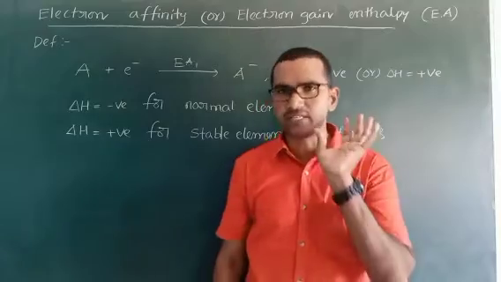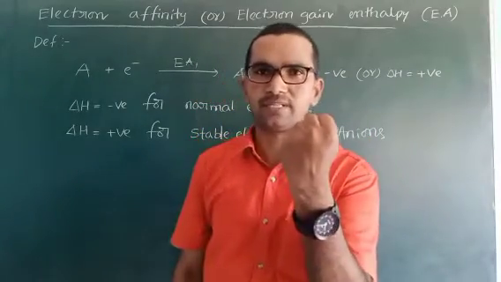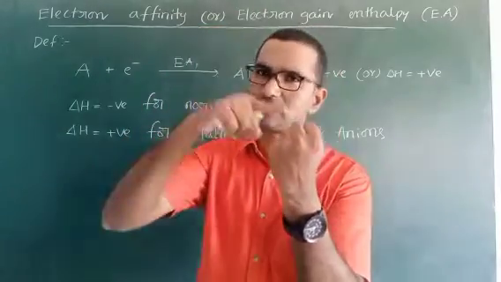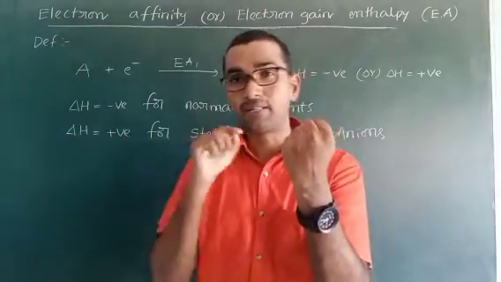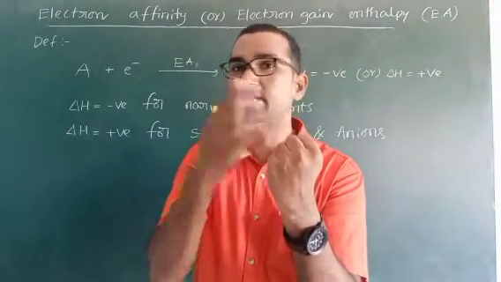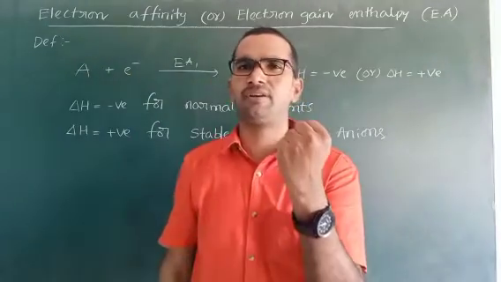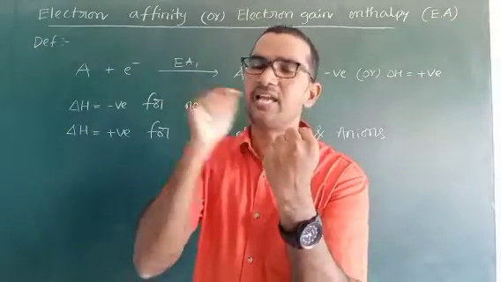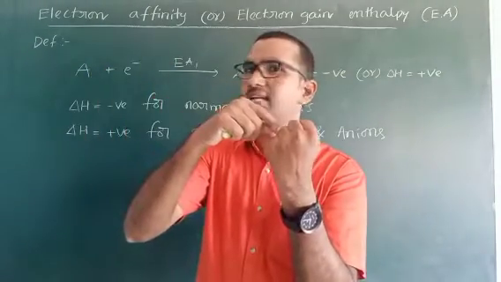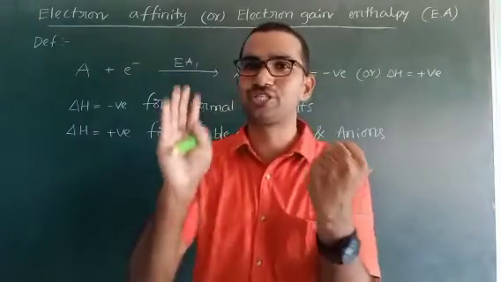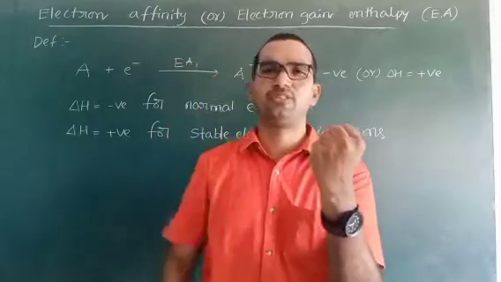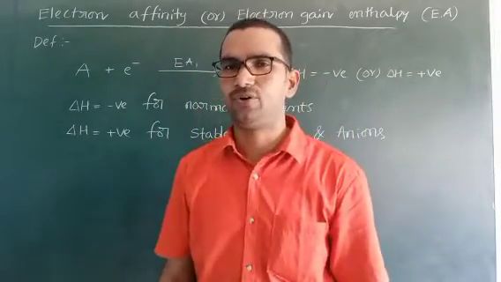Generally, what is the normal process, sir? This is one element or atom. If we add one electron to this one, it must release energy. But the problem is, if this element or atom is stable, it does not take any electron, because the electron is not required. Why? It is already stable. So in that particular case, if you add the electron, it does not accept. That's why you have to push. Means energy is required in this case to enter the extra electron. That is the first case. Okay. Second one,